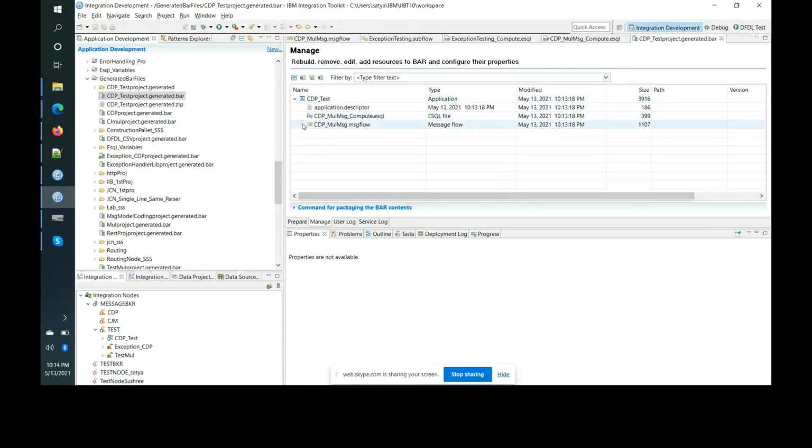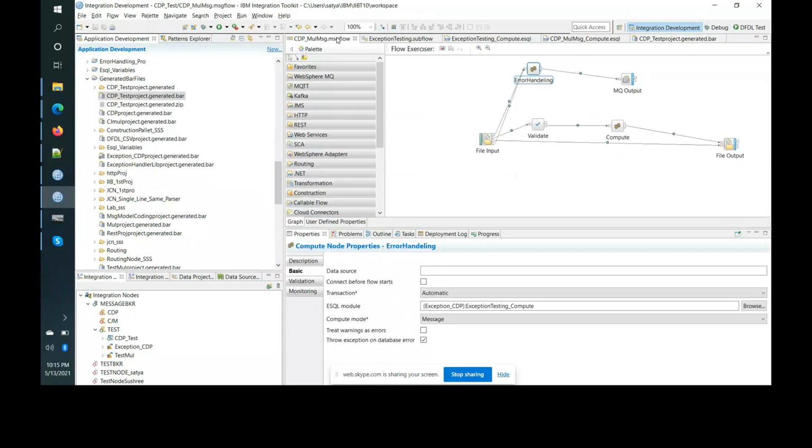It shows a message flow; expand the message flow. All right. The changes that we were doing, go to that CDP flow, CDP MUL message flow. Yeah. Click on that, and this is what we were editing.